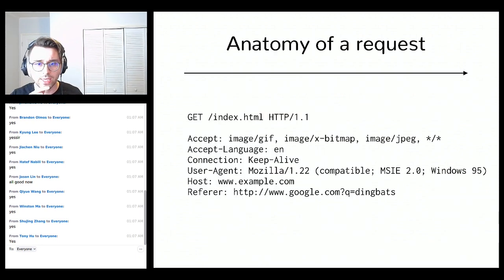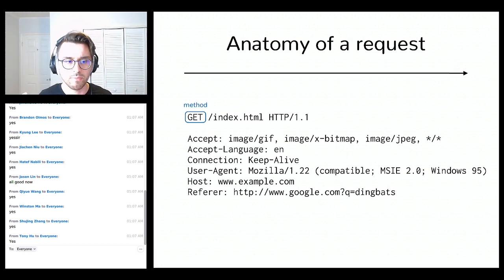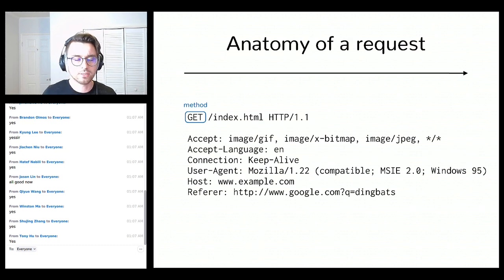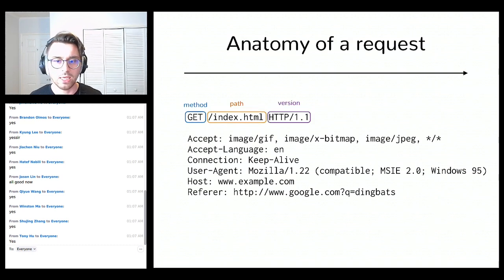Now, if you were to break down what the request actually looks like, whenever your browser makes a request, it would say something like GET /index and then the HTTP version, and then it has a bunch of headers and a body. The first thing that we send over is the method. There are a bunch of different methods, but typically they're intuitive. Basically, we ask the server, "Hey, please give me a particular thing." The way you do that is by saying "GET," and you can also POST data, so you can send the server data. Most of the time on the web, we send GET requests, and then we tell the server, "Hey, I want the thing that lives at this particular path, /index.html,"